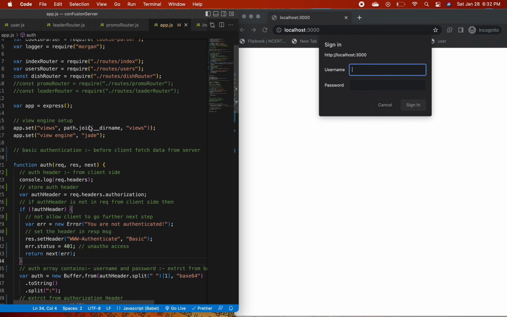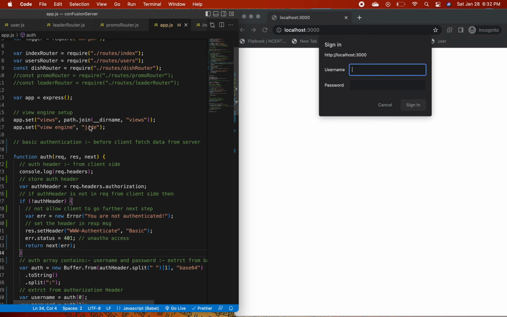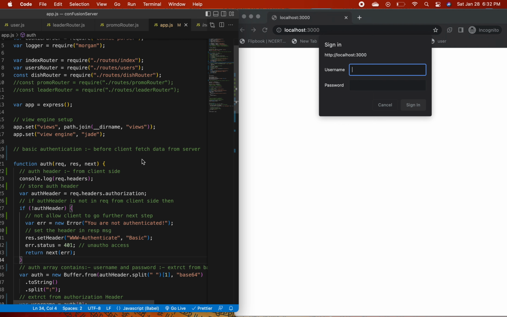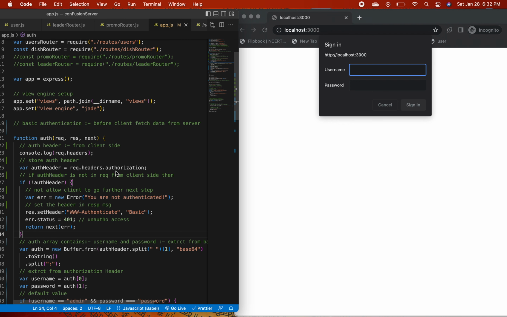Creating the basic authentication. It's a middleware framework for basic authentication before the client fetches the data from the server. First of all, we are requesting the client to put in a username and password. For that, we are in the app.js Node application. We are using the function auth, which takes request from the client side, response from the server side, and